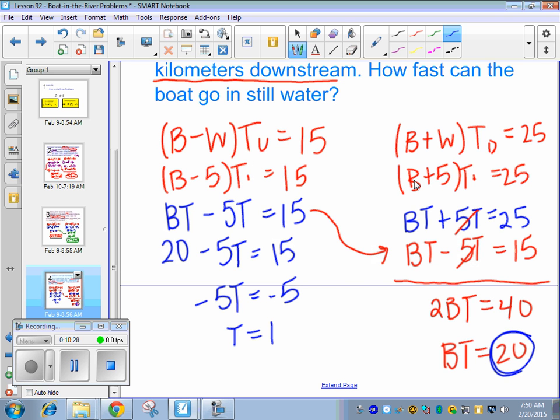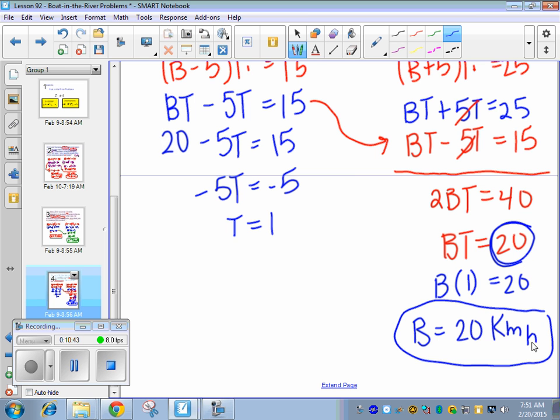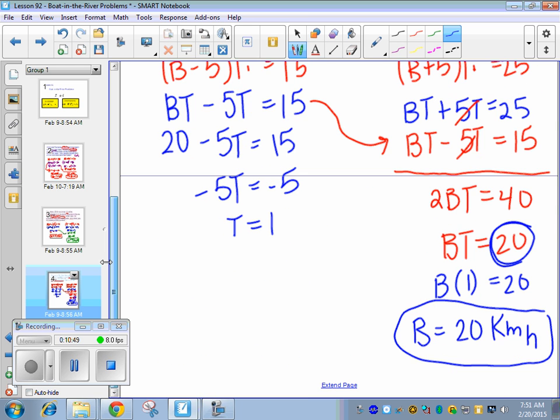So let's plug in. Where do you want to plug in? I don't know, right here. This looks like an easy place. Okay, so what's the speed of the boat? 20 kilometers per hour. Okay, 20 kilometers per hour. And that would be the speed of the boat in still water, right? Without